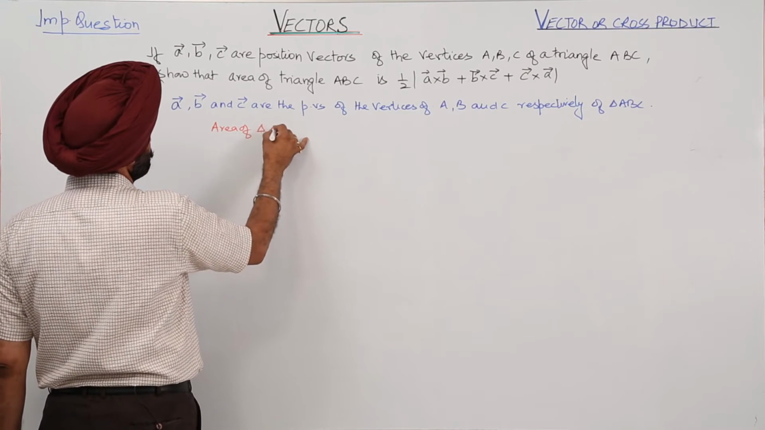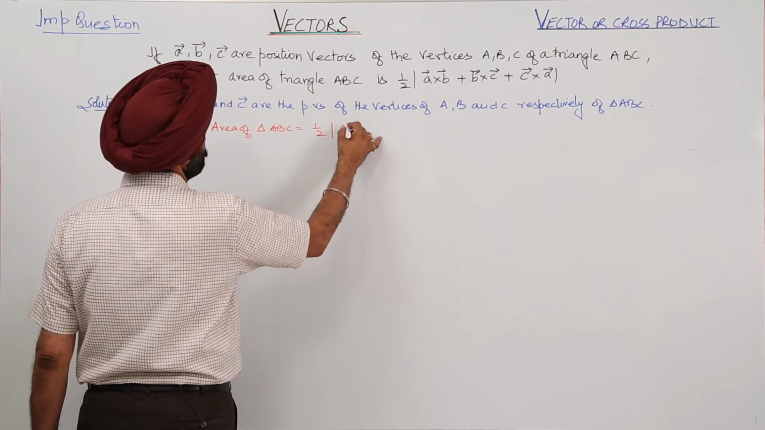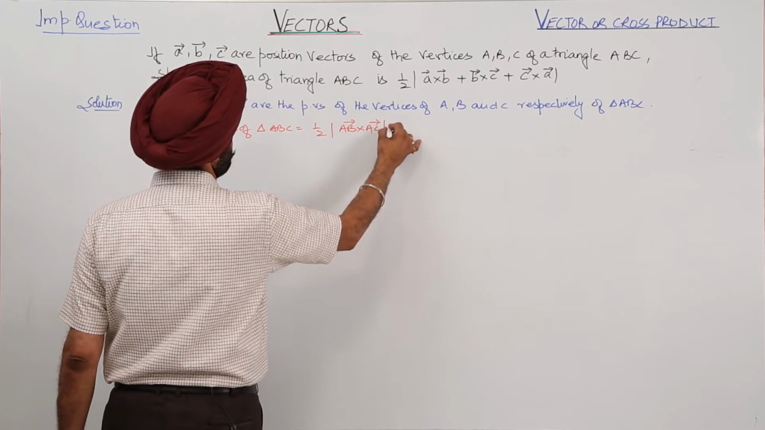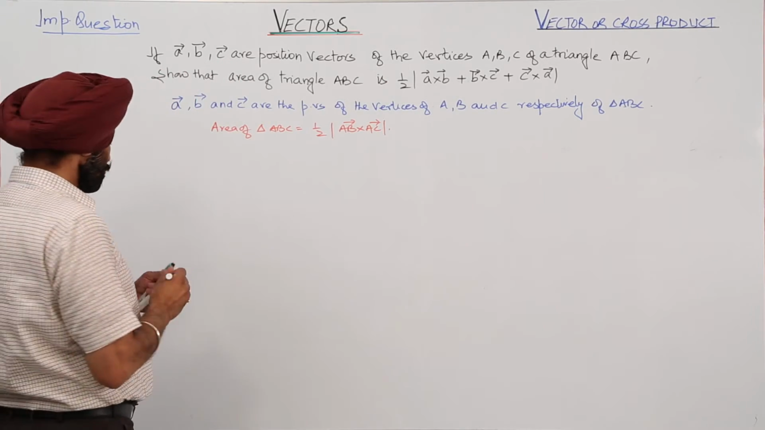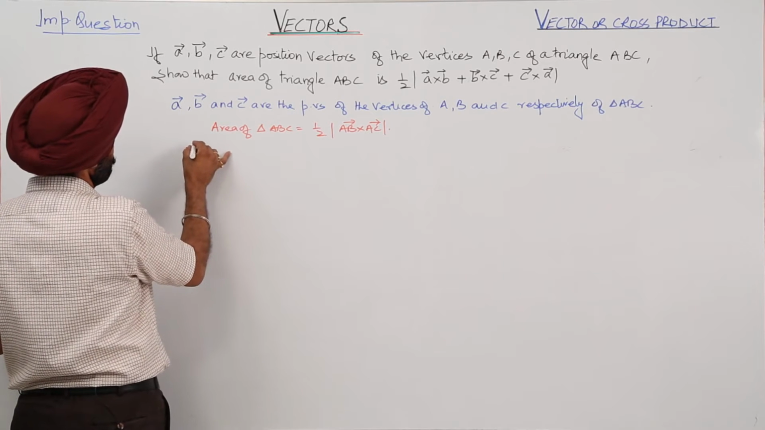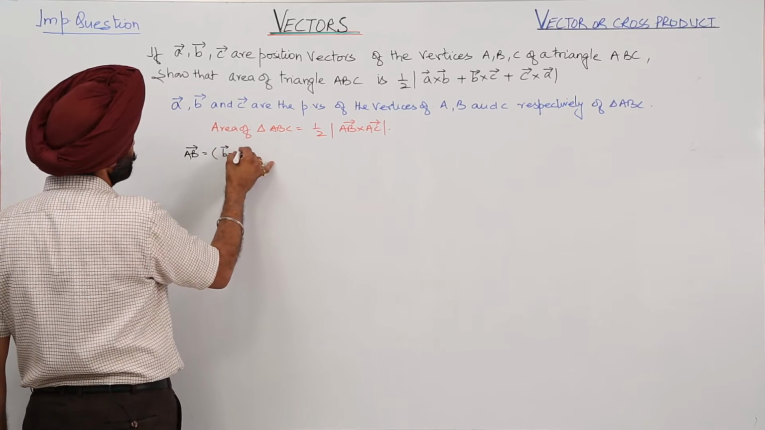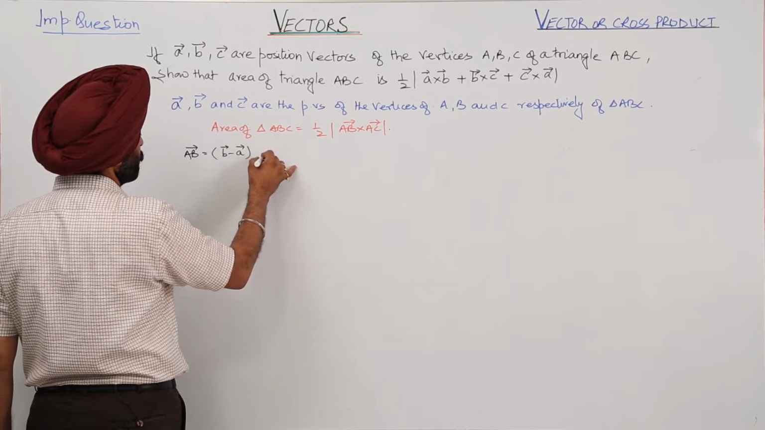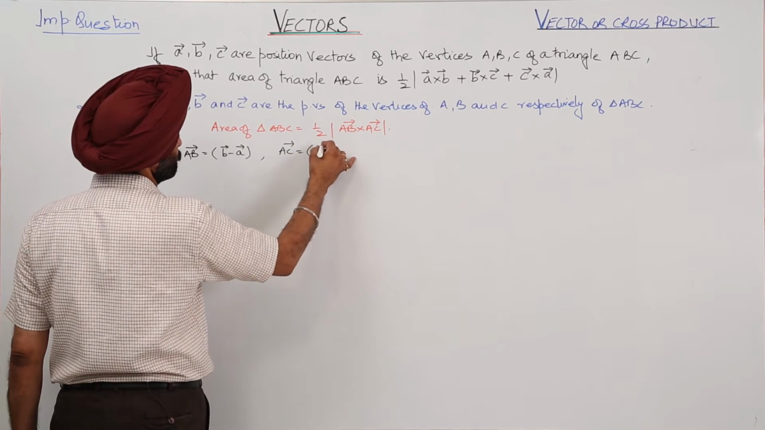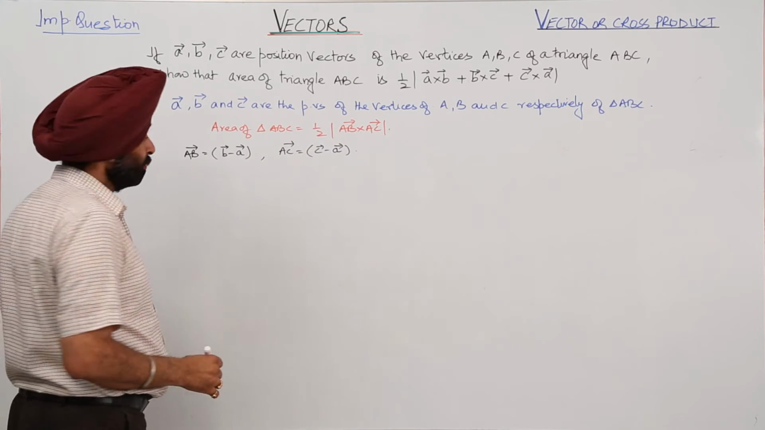Area of triangle ABC is equal to 1 upon 2 magnitude of vector AB cross vector AC. Now, vector AB is equal to position vector of B minus position vector of A, and vector AC is equal to position vector of C minus position vector of A. Now,